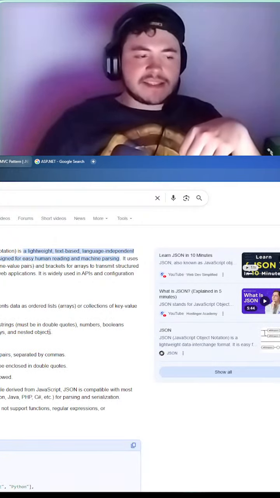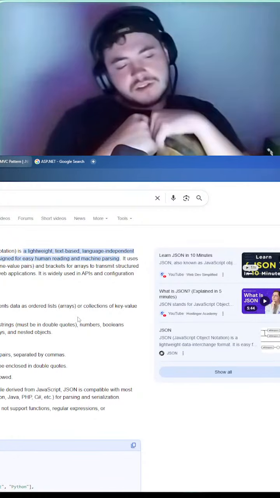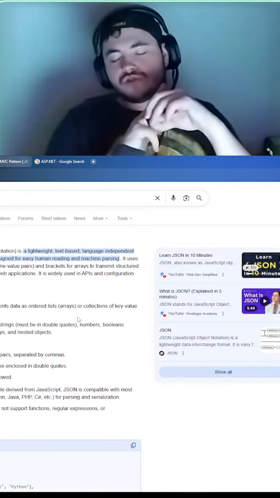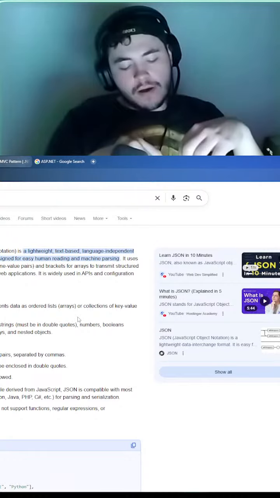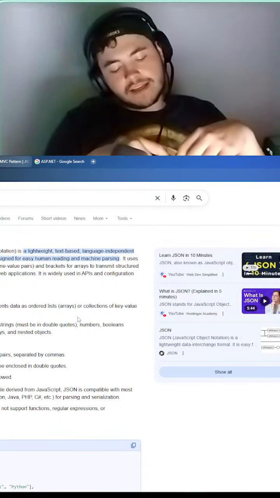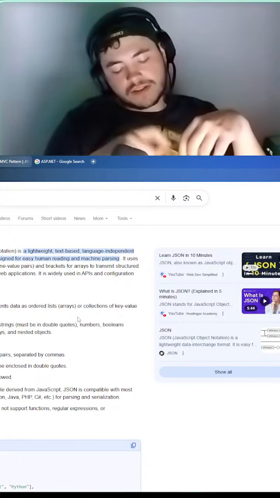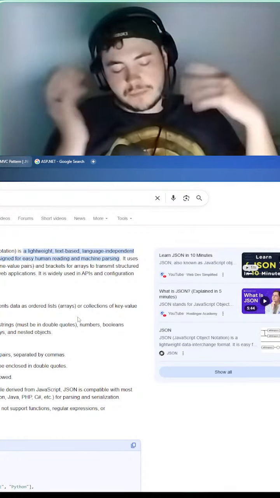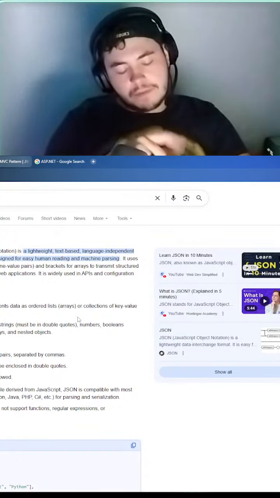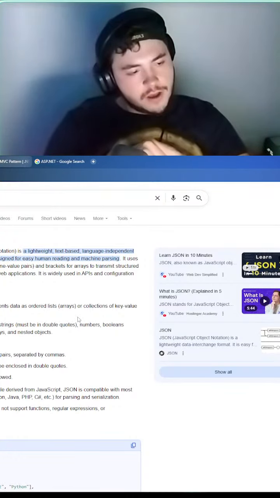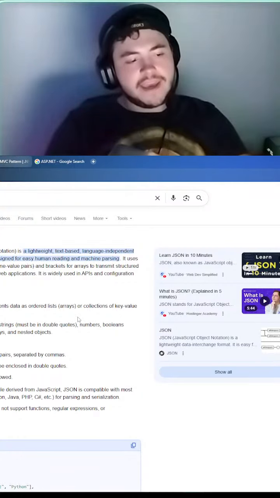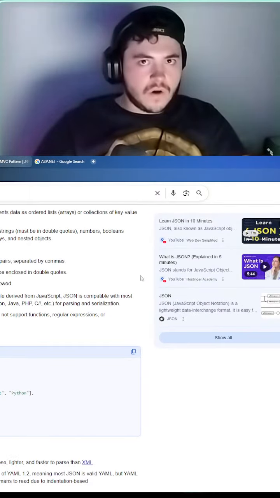Okay, so basically it is an object that you can use to display different kinds of information, right? And it is really good because a JSON can be processed by multiple different languages. A JSON can be passed from backend to frontend. A JSON can hold different data types. It's used in a wide array of applications.